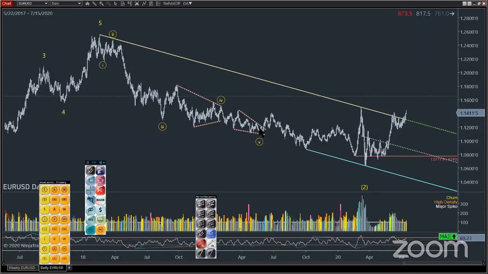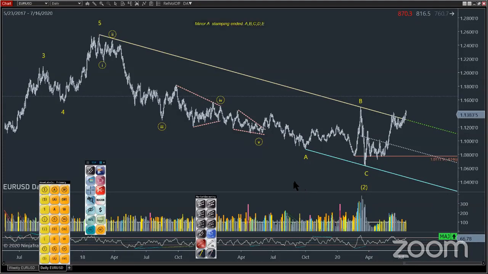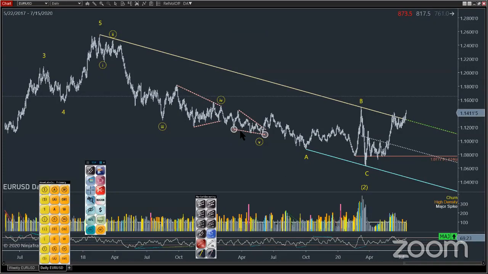One, two, three, 4, 5. For our big, no, that's not it either. That's A, and that's B, and that's C. That's what I mean. This was such a long and drawn out pattern. It was just never ending. I thought this wave 2 low would turn into